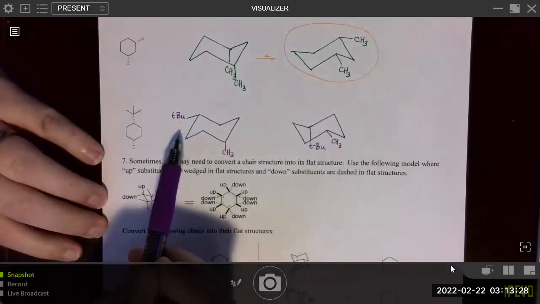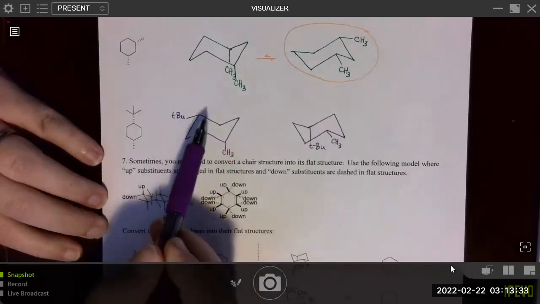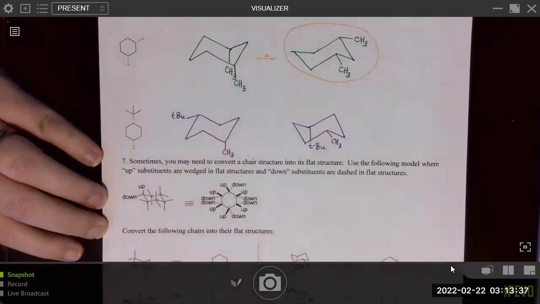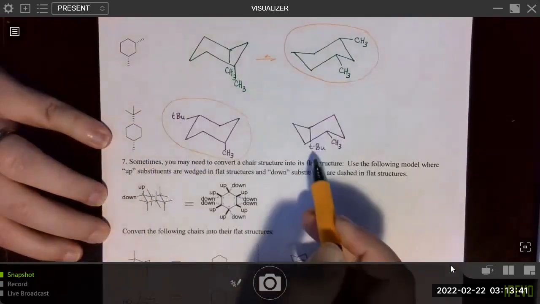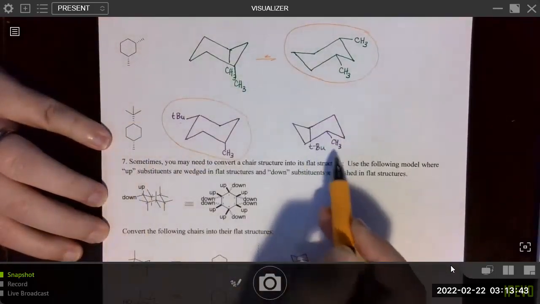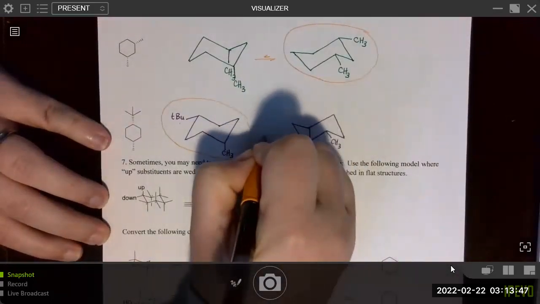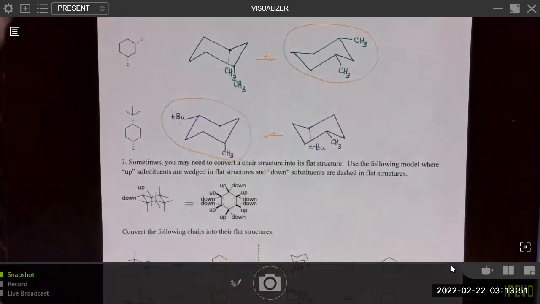Okay, so between these two, what's more stable? Well, in this case, we have a methyl group that's axial, but the much more bulky tert-butyl group is equatorial. So that's definitely going to be more stable than getting the bulky tert-butyl group axial just to get the methyl group equatorial. So in that case, we'll want to draw our equilibrium favoring that more stable structure.